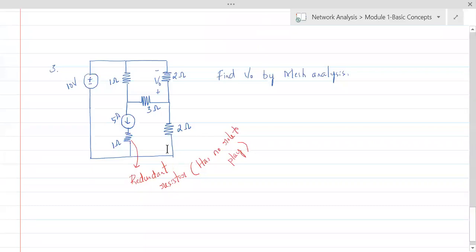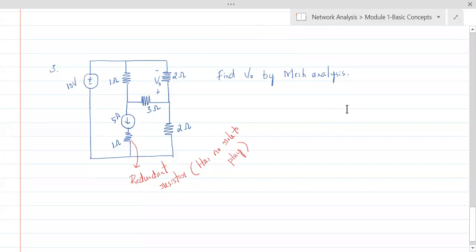It's like that. This 1 ohm in series with the current source, any resistor in series with the current source is that, because whatever this resistor is, it need not be 1 ohm, mind you. It can be 10 ohms, 100 kilo ohms, whatever it is. The same current flows through that. So a resistor in series with the current source is a redundant resistor.